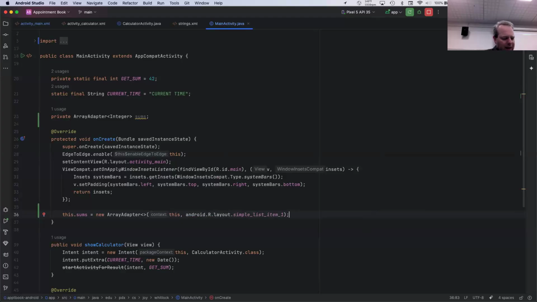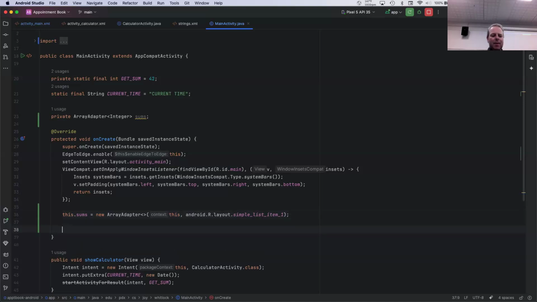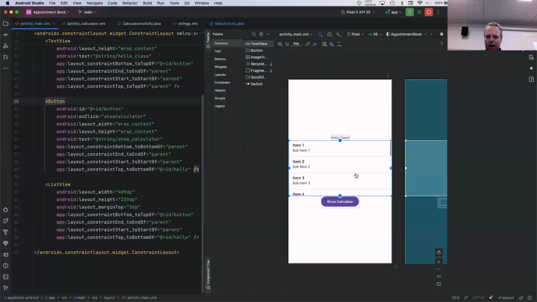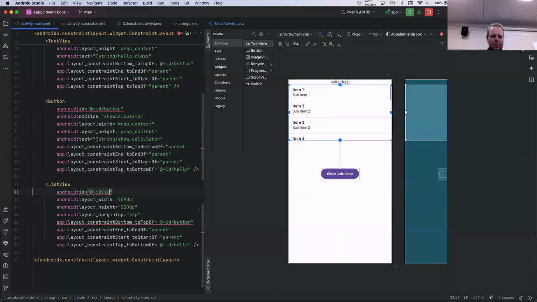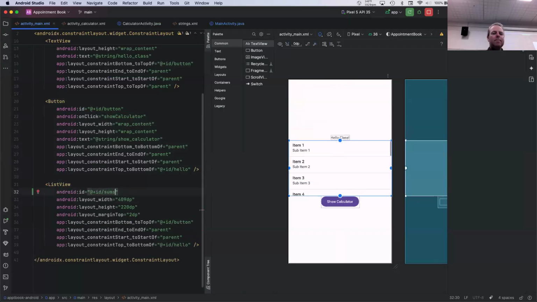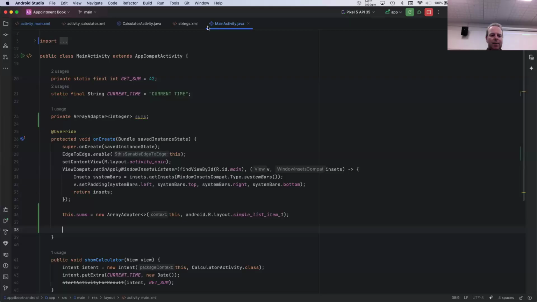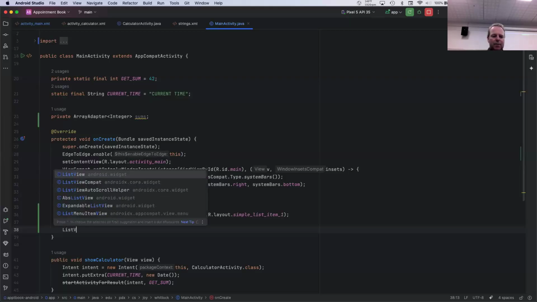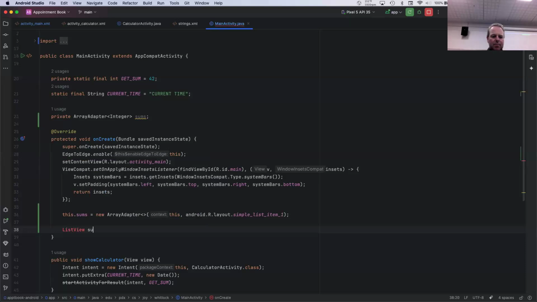Yeah, create. That's cool. And also, I create the array adapter there, and then I want to get the sums list view right here. So I need to give it an ID. So I'm going to call it, I'll copy that from here, and just paste it down here. I'm going to call it sums. Good. And over here, I'm going to go get the list view. I'm going to call it sumsView